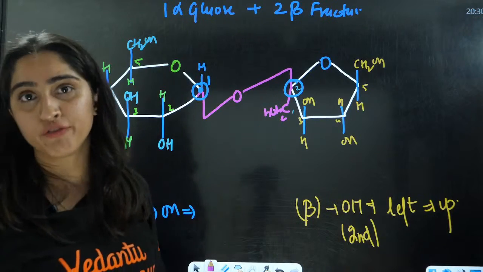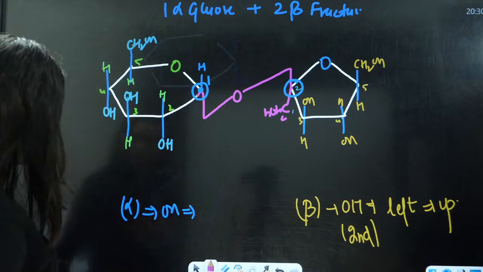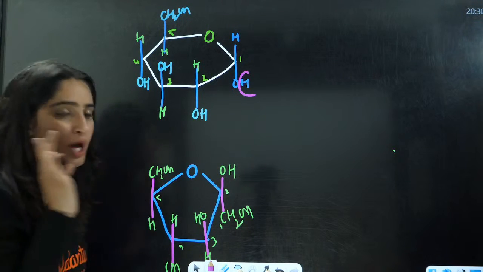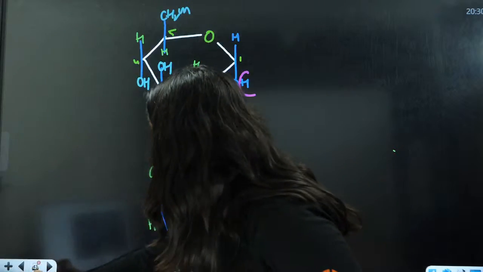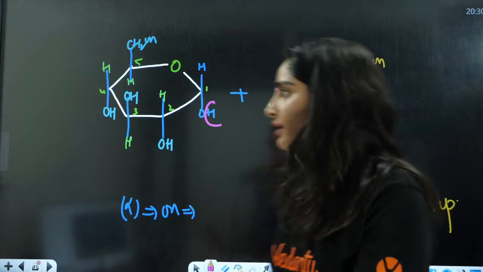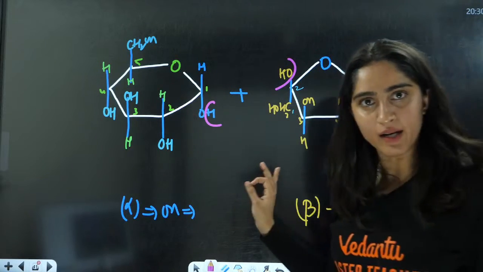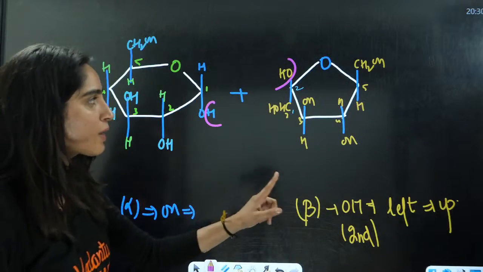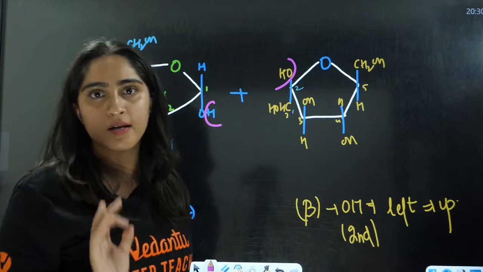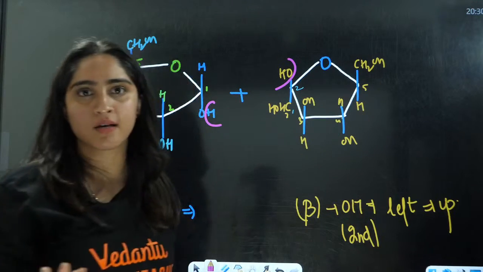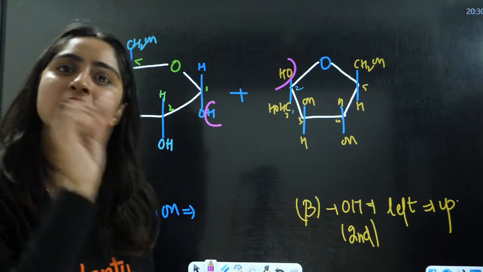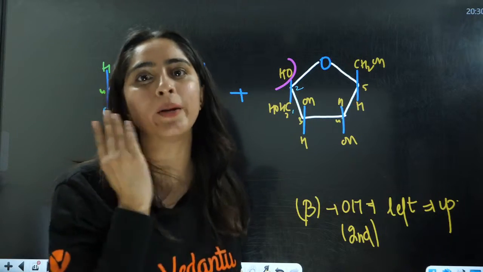This can be complicated for you, because you are used to drawing fructose like this, that is 1, 2, 3, 4. So I would highly advise you not to follow this one. If you have written something like this, that is also correct. Either follow this one, but in this way you will have to draw the fructose accordingly. You can't just cram things and put that. Always remember there is C1 and C2: C1 alpha, C2 beta.